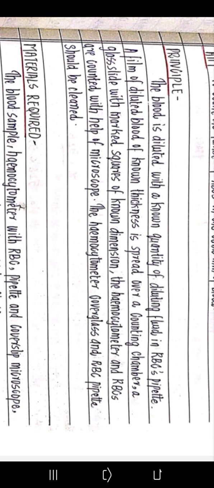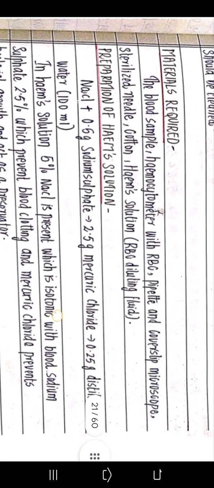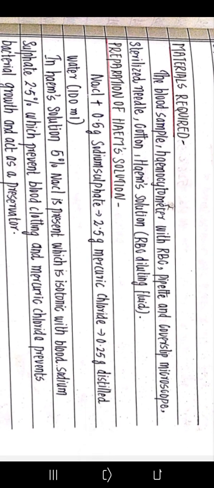The hemocytometer, cover glass, and RBC pipette should be cleaned before and after the experiment. Okay, so materials required: the blood sample, hemocytometer with RBC pipette and cover slip, microscope, sterilized needle, cotton, and Hayem's fluid,